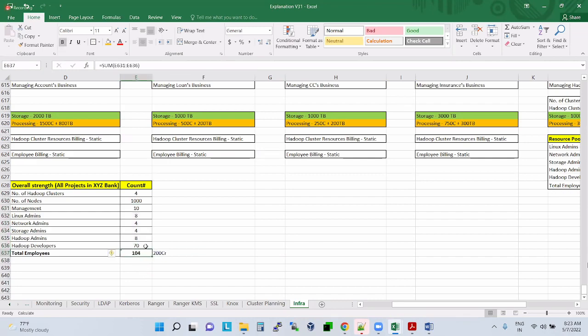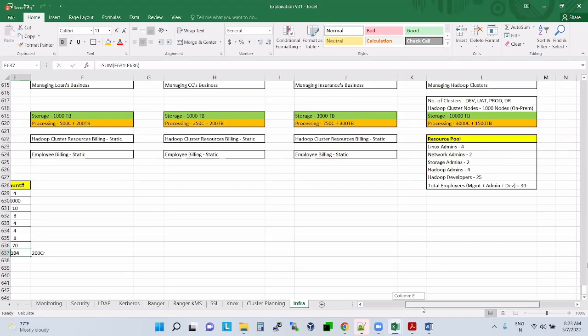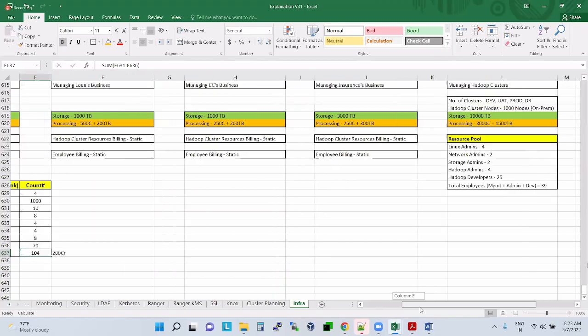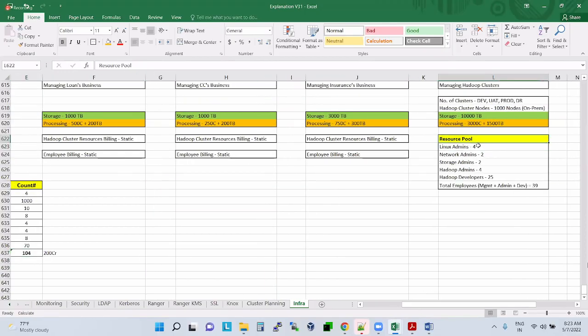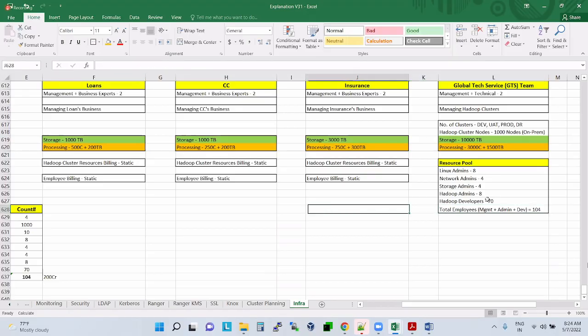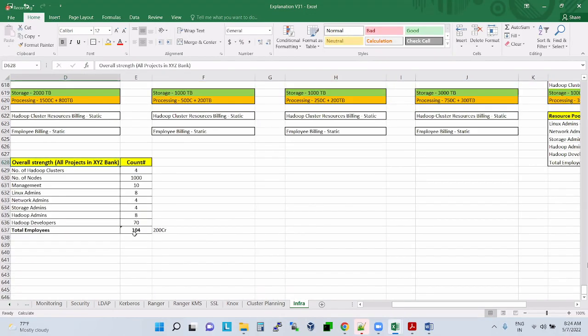Overall they have 104 employees here: 8 Linux admins, 4 network admins, 4 storage admins, 8 Hadoop admins, 20 developers, plus management. All together it is coming to 104.